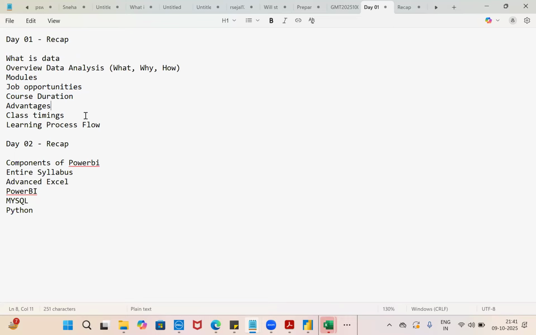We also discussed class timings for new people so they don't get confused: the regular session is 8:30 to 9:30 p.m. Then your entire learning process flow: we start with theory plus practicals, then assignments, projects, followed by interview preparation questions, resume building, and finally we assist you in placing